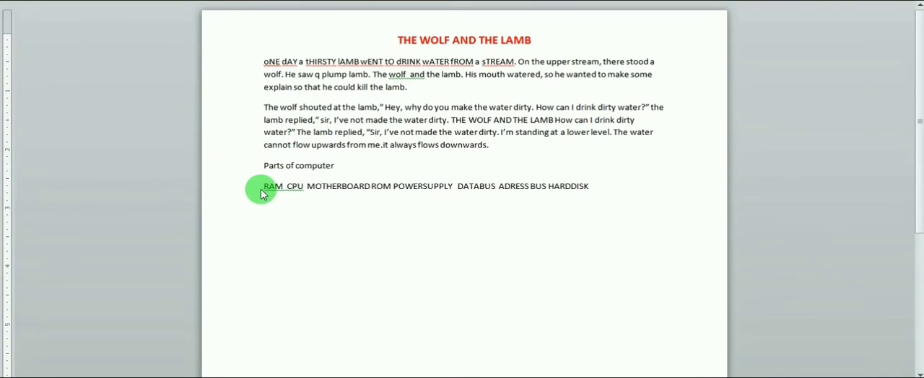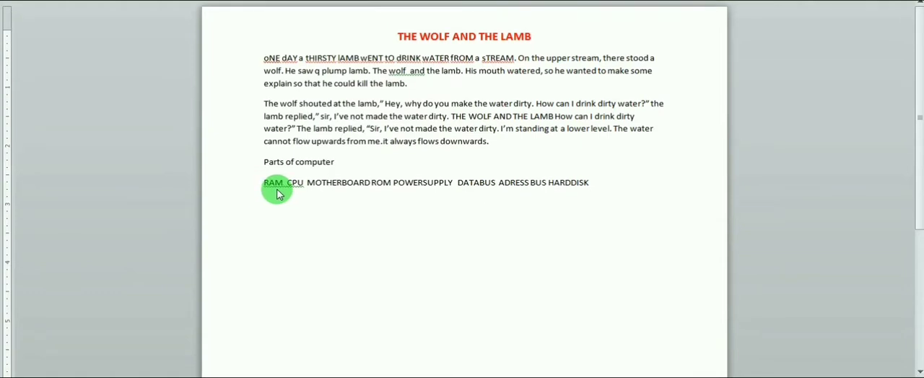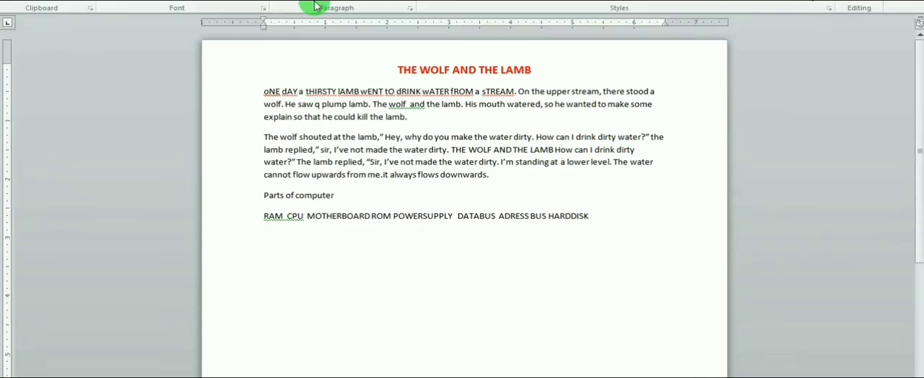Numbering. Children, number of times you have used keypad from the keyboard. You have typed number 1, number 2, number 3 from the keyboard. Whenever ma'am says, beta, make a list, and you have used the number from the keyboard. No need of